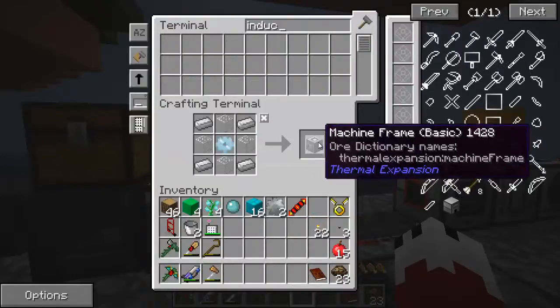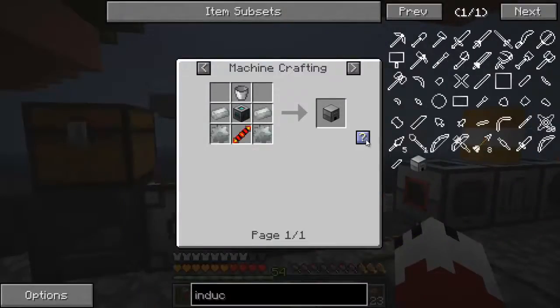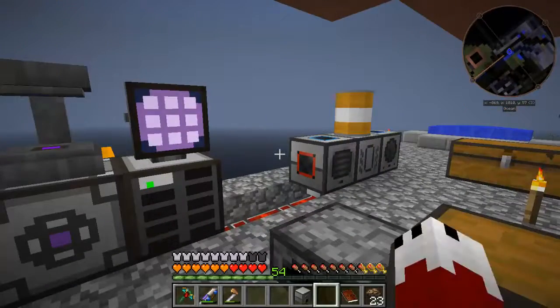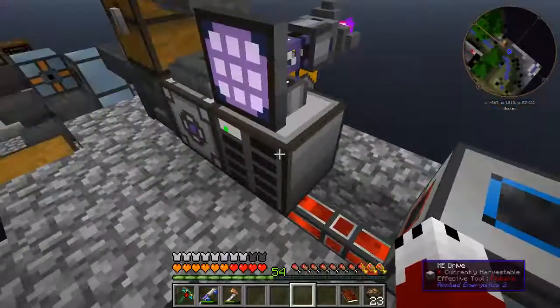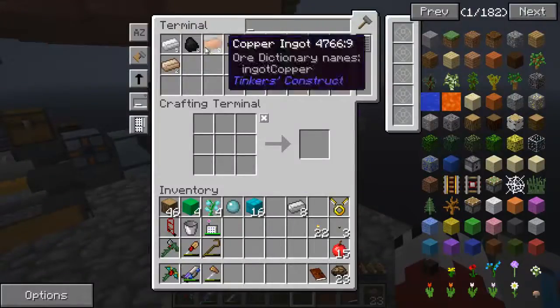Hit shift. We have everything for the machine frame. We have everything now for our induction smelter. Hit shift enter and we have it right there. Hot dog. Alright, so let's go ahead and put this bad boy right here. And while we're at it, we also need, I'm going to take 8 pieces of iron, and we've got our